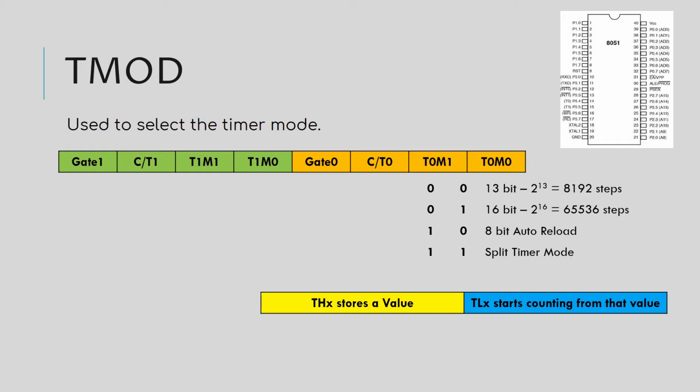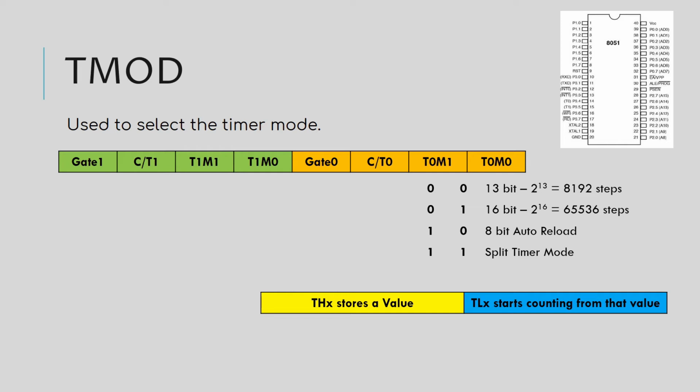So if the timer is set at auto reload mode, and if I store 250 in THX, let's say we are talking about timer 0. So if TH0 is equal to 250 and timer is set at auto reload mode, only TL0 will count.